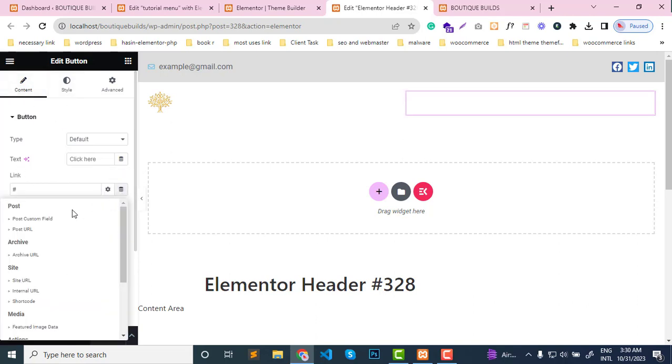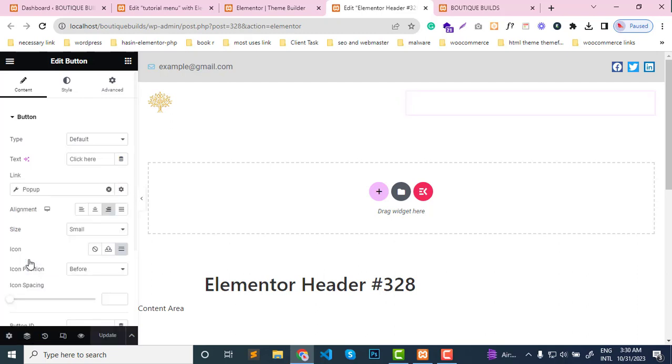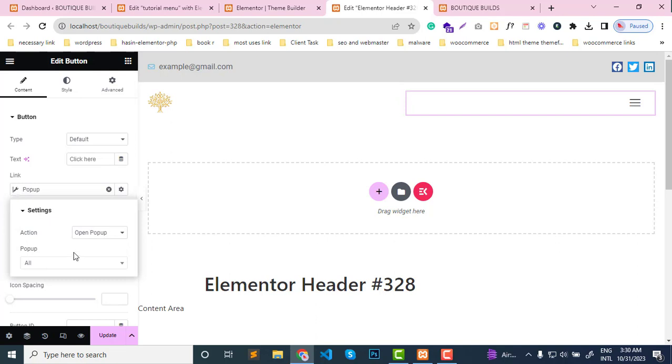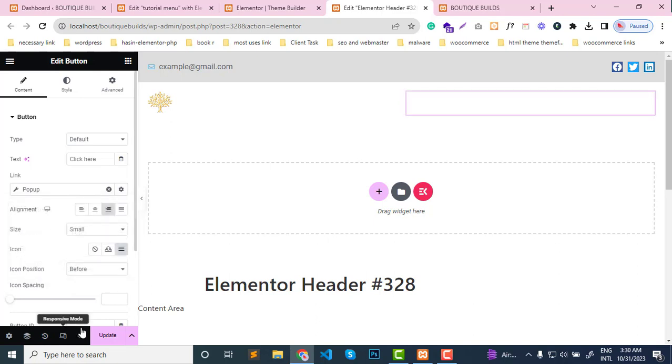So we shall click here and select popup, and then click this icon and select our menu. We just keep the name tutorial menu, this one, and then update. Hopefully our work is done. So let's check now. I refresh the page,